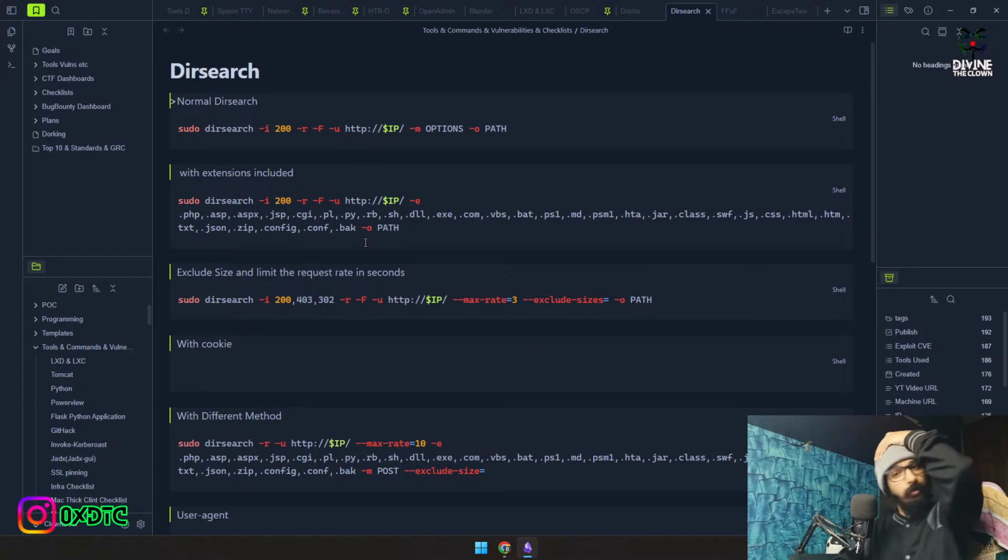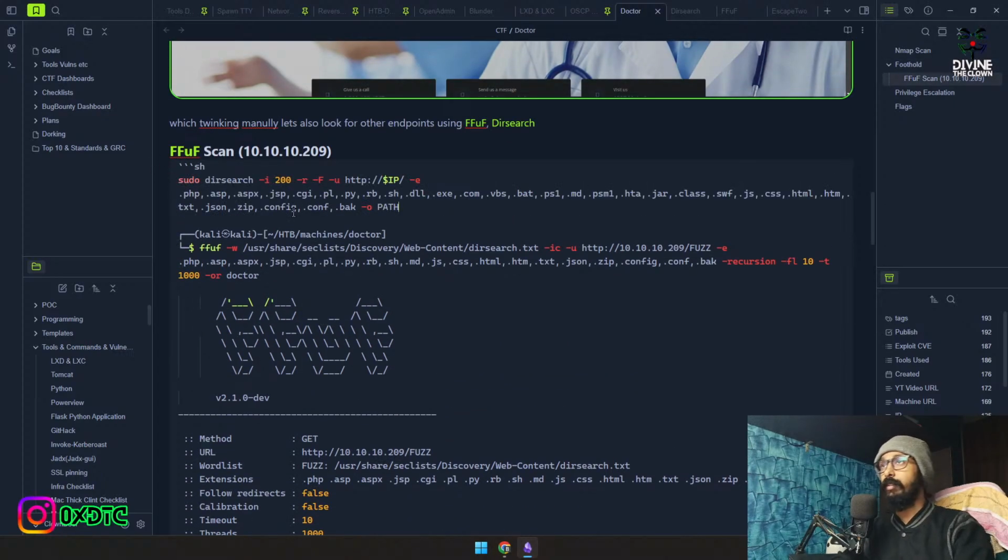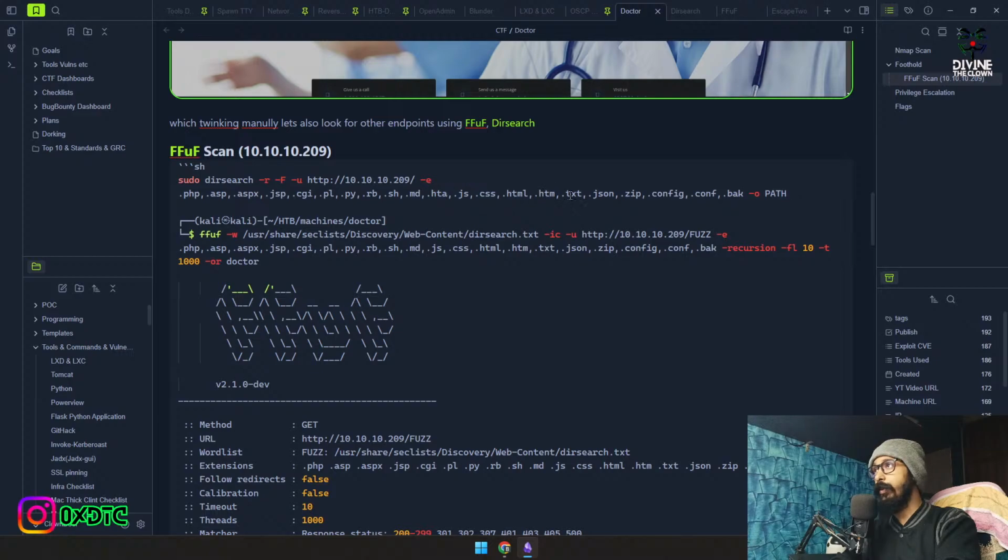And for this, let's copy, go here. I'll fix it later. We have everything in here, and copy this, paste, and no, we are not looking for the 200s only. Recursion will be their full URL. We want that. We will remove DLL, these unwanted extensions. PSM, you can go. Jar, class, WF, you can leave too. Confuse, zip, back, ASP, we don't need this. I'm pretty sure it's going to be the PHP one. Path is going to be the same, so we will keep the file name to